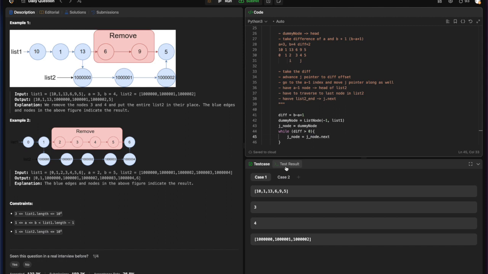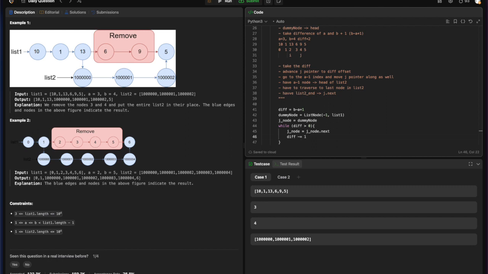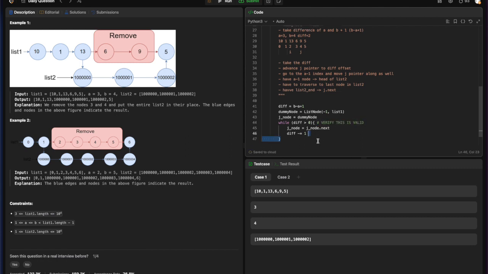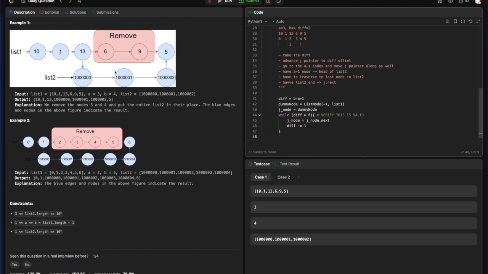So j node, we're going j node on next, and then diff might equal 1. So I need to verify this is valid, but we'll assume this is valid. And so the j node is at the offset. So if this is offset 2, you would have current is equal to this, and it should be right here, right? So then current index, I think this could point to list 1, right? That's fine. So current index is 0,